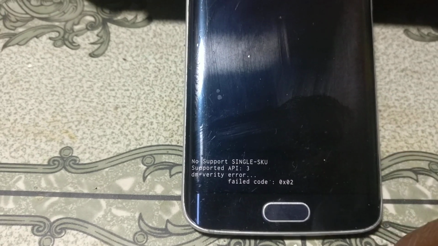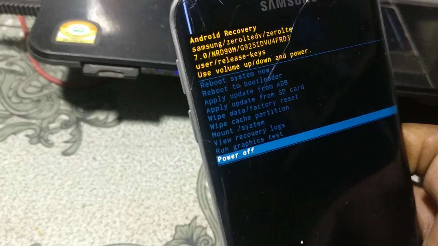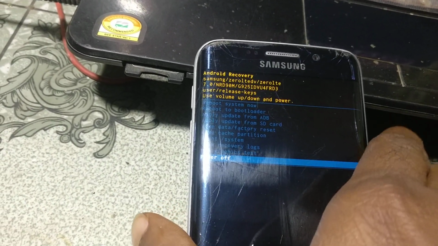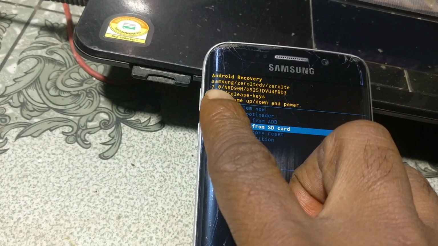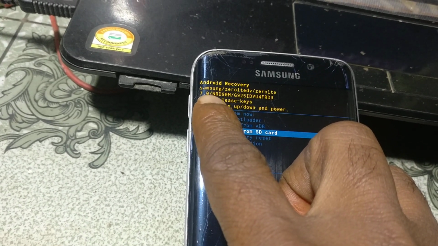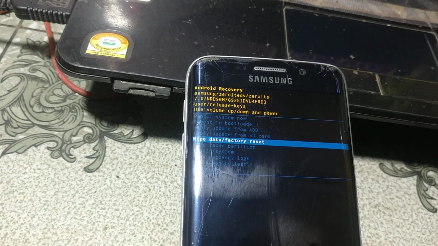First of all, you need to download some files. I will give the link in my description box. To fix DM Verity error and DRK error, you need to root your mobile. First, just check what is the Android version of your mobile. This is Android 7, so I will try to root